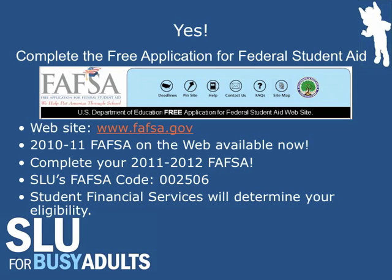While you're there, prepare for next fall and next spring and complete the 2011-2012 FAFSA. You'll want to make sure you send this information to us by designating SLU as a school. So you will be wanting to add our FAFSA code 002506. St. Louis University would then receive this information, and we would use the FAFSA to determine your eligibility for